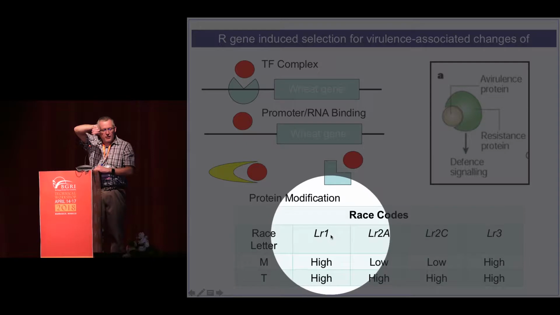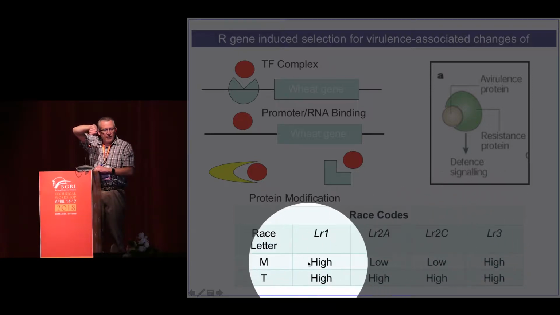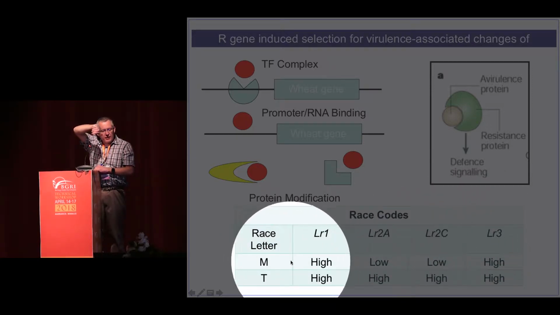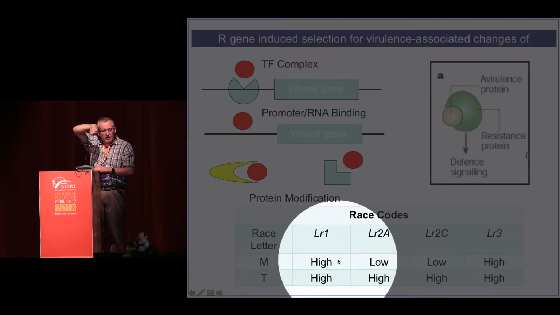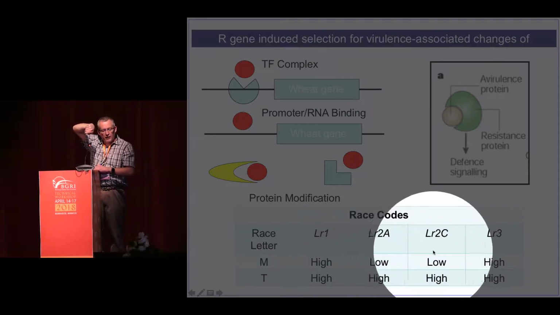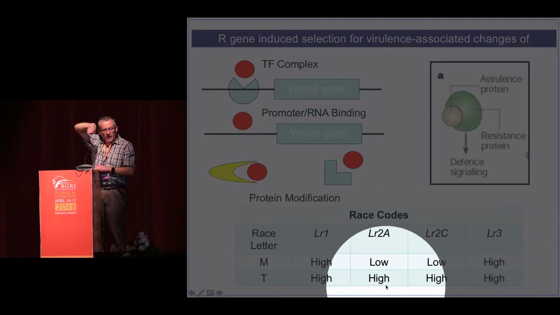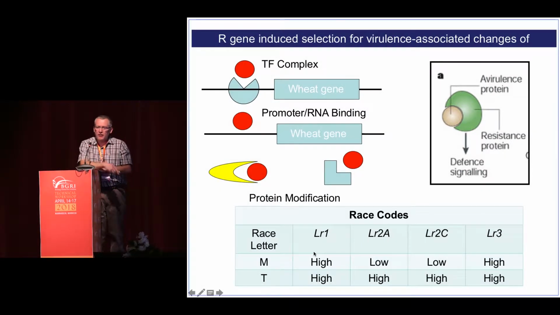So in leaf rust, we have the Thatcher isolines, and the first set is Lr1, Lr2A, 2C, and Lr3. And we rate these and give a letter designation based on the virulence of the pathogen. So an M race would be high on 1, low on 2A, 2C, and high on 3. And then a T race would have overcome 2A and 2C. So that's how we type them. Until the genomics, that's basically most of the understanding that we had on